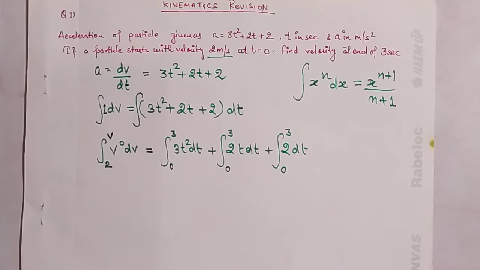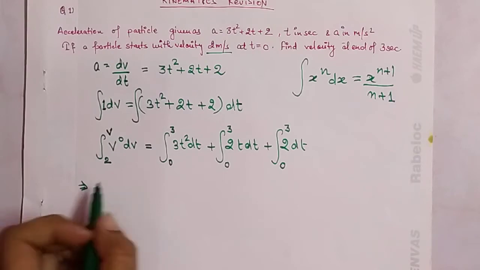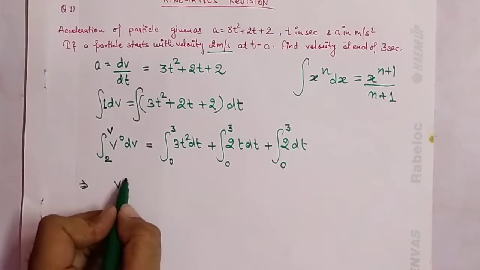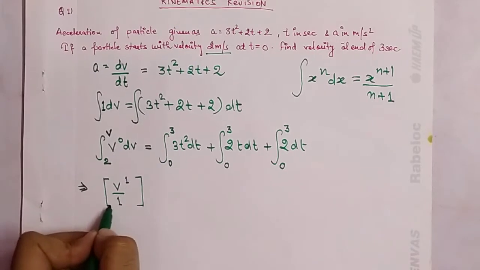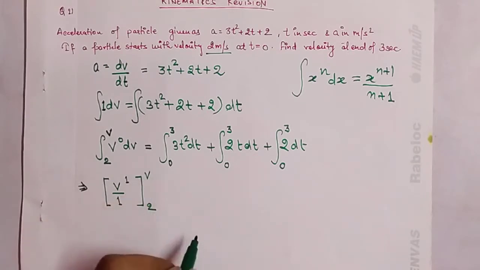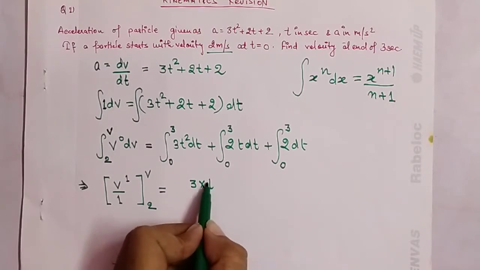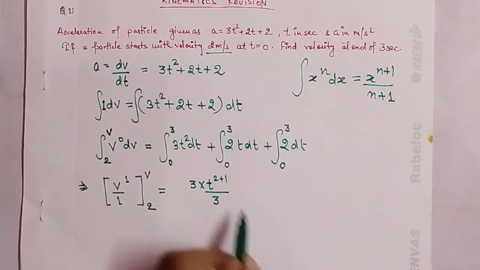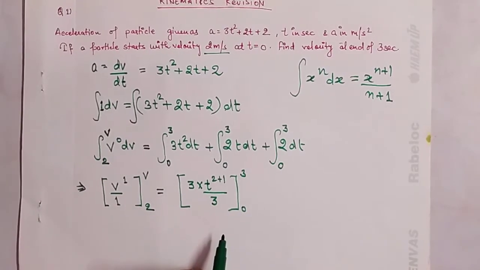All right, now we will use our integration formula and let's write the whole terms. For v to the power 0, you can use the same formula again. It will be written as v to the power 1 upon 1. Okay, and now we will put the limits in square brackets, so let's put 2 here and v here. Similarly, let's use the formula for 3t²: t to the power 2 plus 1 upon 2 plus 1, that is directly 3, and again use the square bracket to put the limit of time.